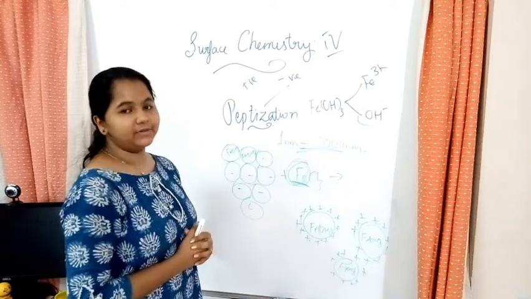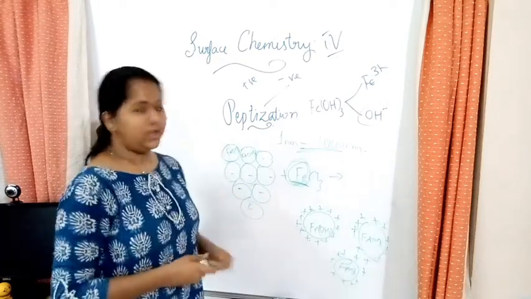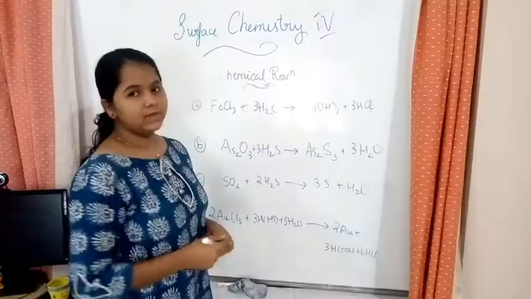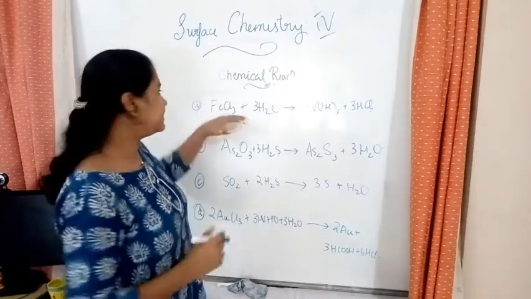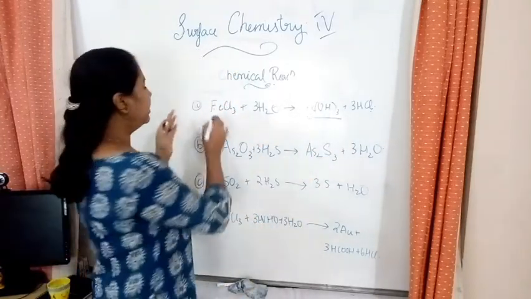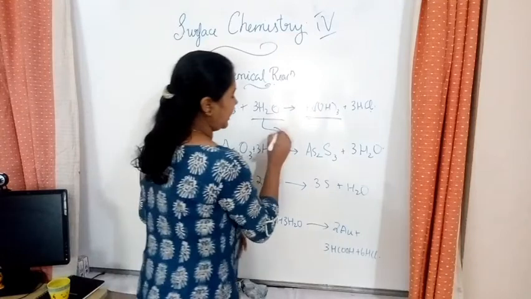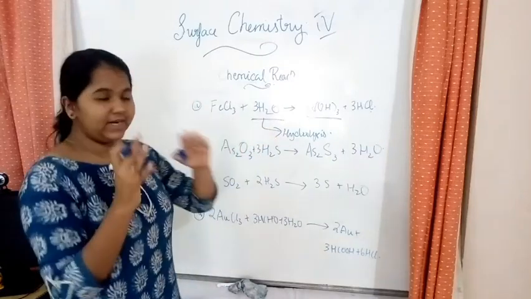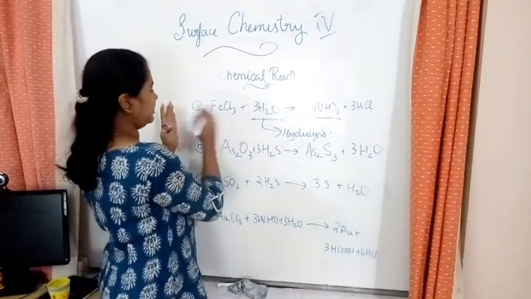So next we have to learn about the chemical reactions. I told you there are some more chemical reactions that take place for the formation of colloids. So let's see that. So now the next method is chemical reaction. There are 4 chemical reactions that you have to learn. The first one is how do you obtain Fe(OH)3. That is FeCl3 plus 3H2O. When H2O comes, this reaction is hydrolysis. So by doing hydrolysis of FeCl3, you will get Fe(OH)3 plus 3HCl. So this is the first equation that we have to learn.